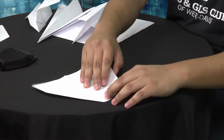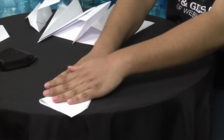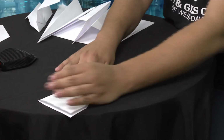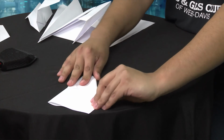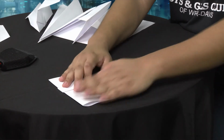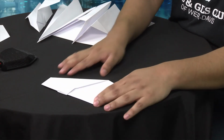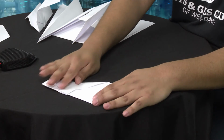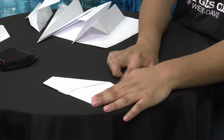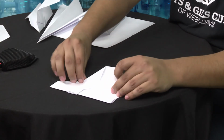So now that we have that, what we're going to do is turn it over, and we're going to fold it in half right here so that we have our regular plane shape. So now it's just half of what we had, and you can see all the folds that we made. Unlike the dart, where we bring this entire edge right here into this edge right here, we're just going to take this small little piece, this edge, and bring that to the middle